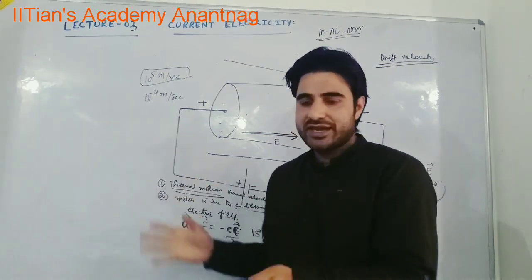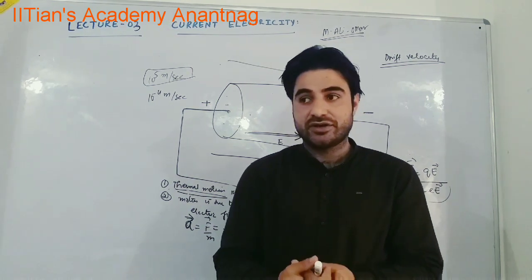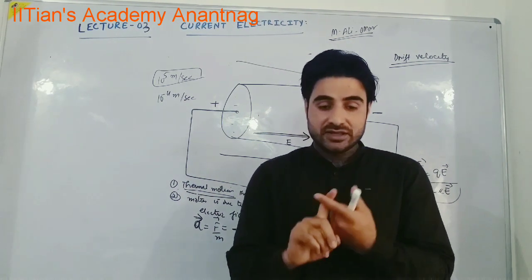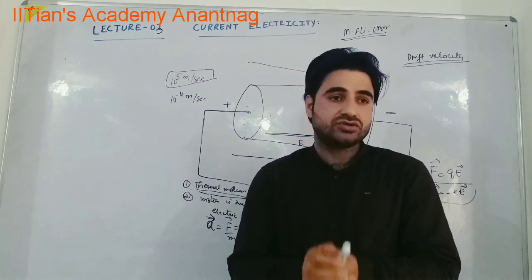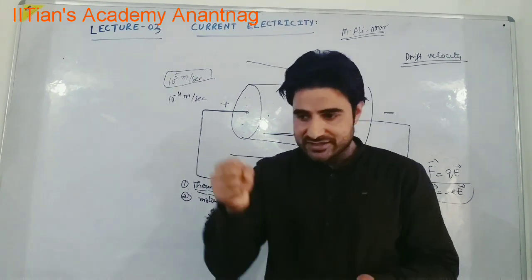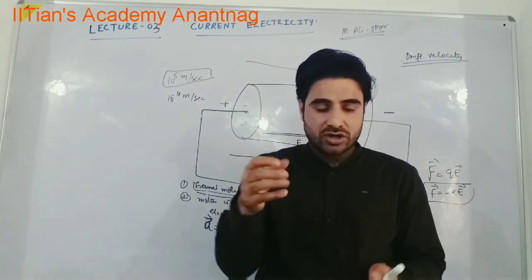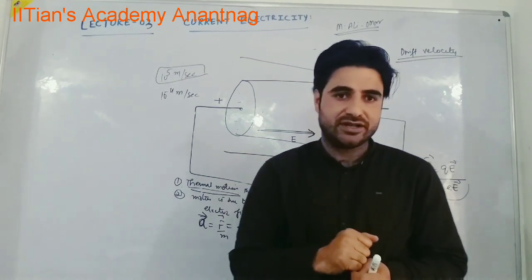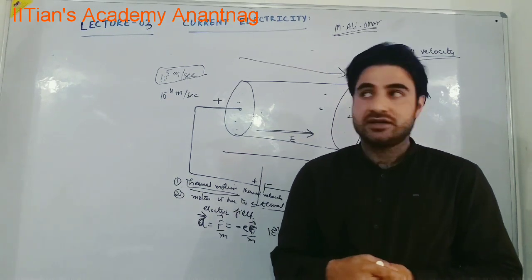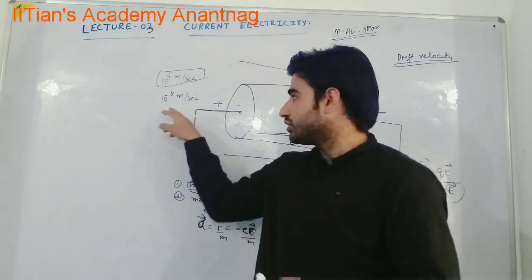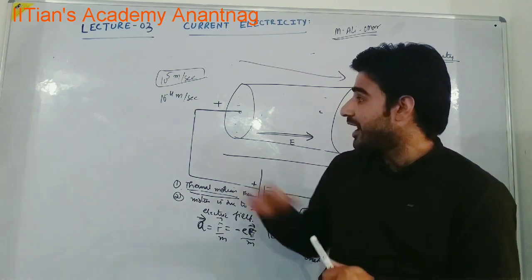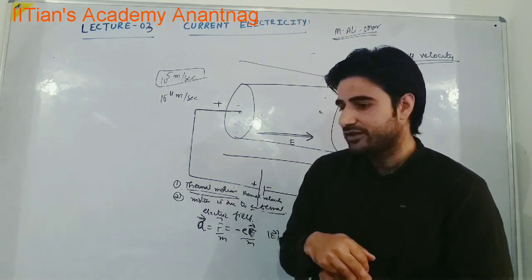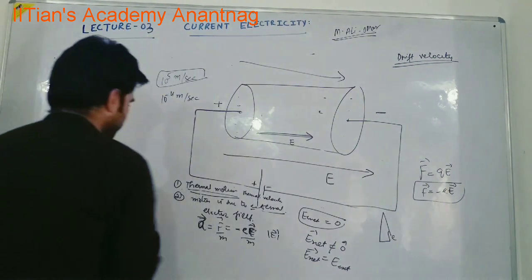Now when I am applying electric field to a conductor which is not isolated, there is thermal motion that is always there, but there is also net drift. So overall there is net velocity, although small, opposite to the direction of electric field. This velocity is called drift velocity. It is of the order of 10 raised to power minus 4 meter per second. This drift velocity will be something like constant. We will see how it is happening.